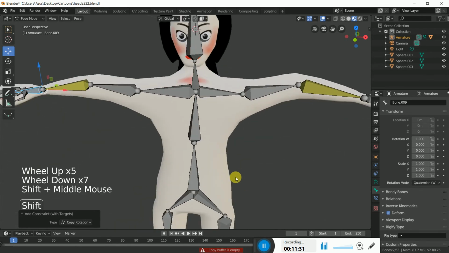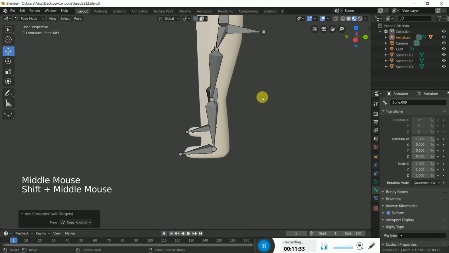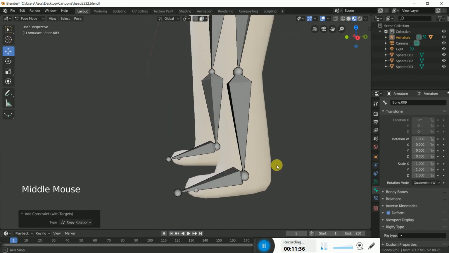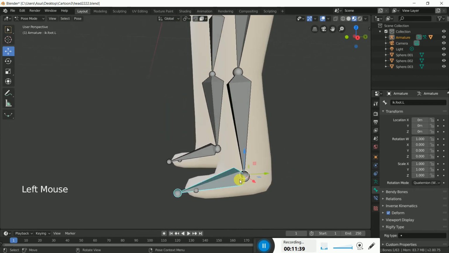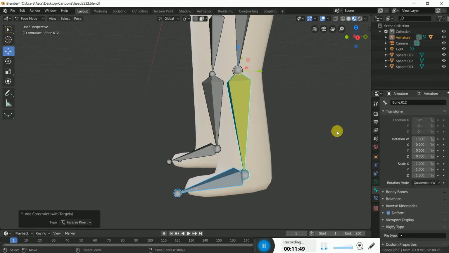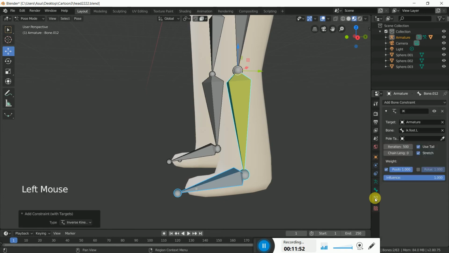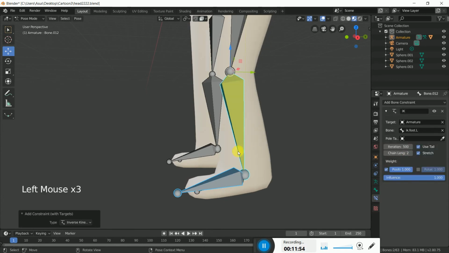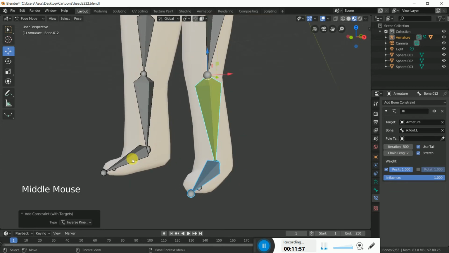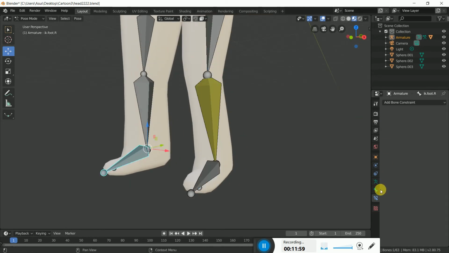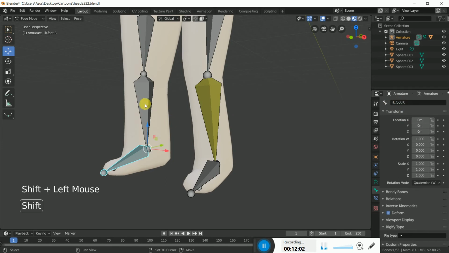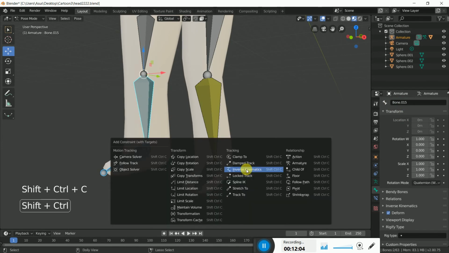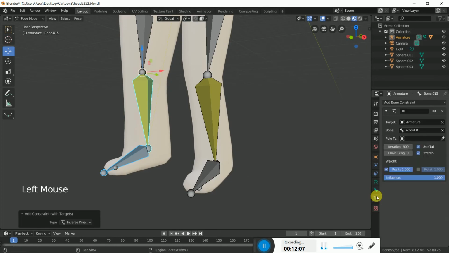So we can do this now for the leg bones. So now click this IK bone first and then the other one, this one. Control Shift C and inverse kinematic and then bone constraint, and this should be 2. Now for this one also select this IK bone, and then select this bone and Control Shift C, inverse kinematic and click this bone constraint